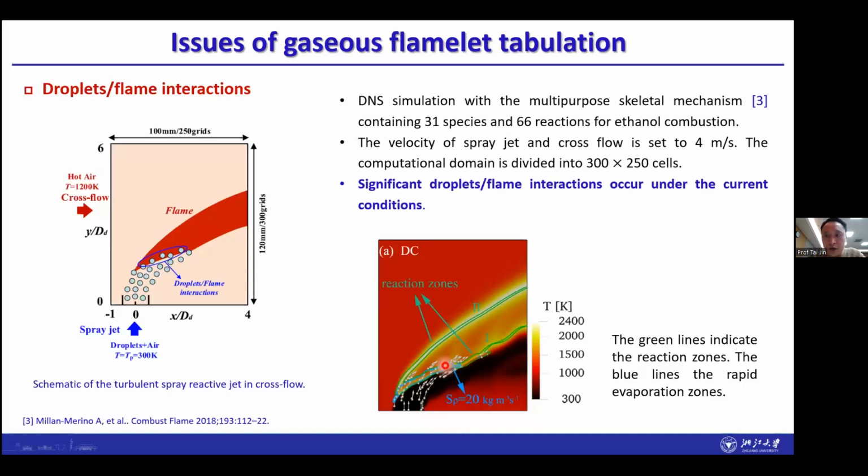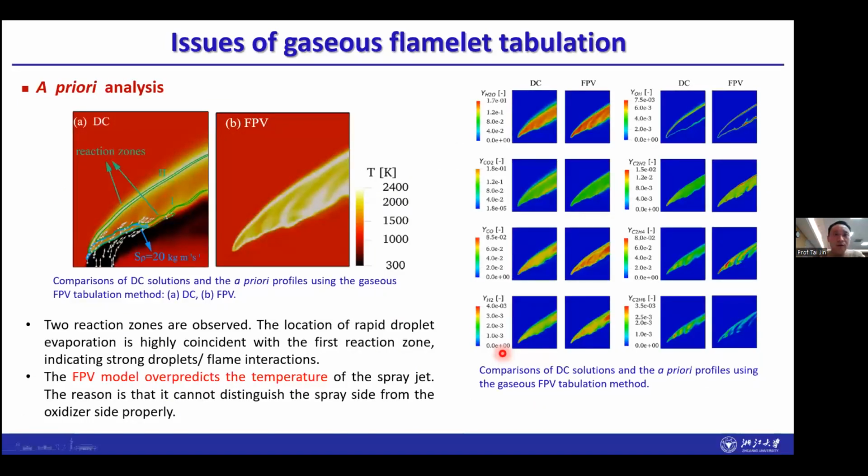and for this reaction zone, we can see that significant droplet flame interaction occurs. And if we do the a priori analysis of gaseous flamelet tabulation, we can see from these two figures that the temperature here is over-predicted by the LPV model, and also we can look at the species here. We can see many of the species are over-predicted by the LPV model. So that's the issue